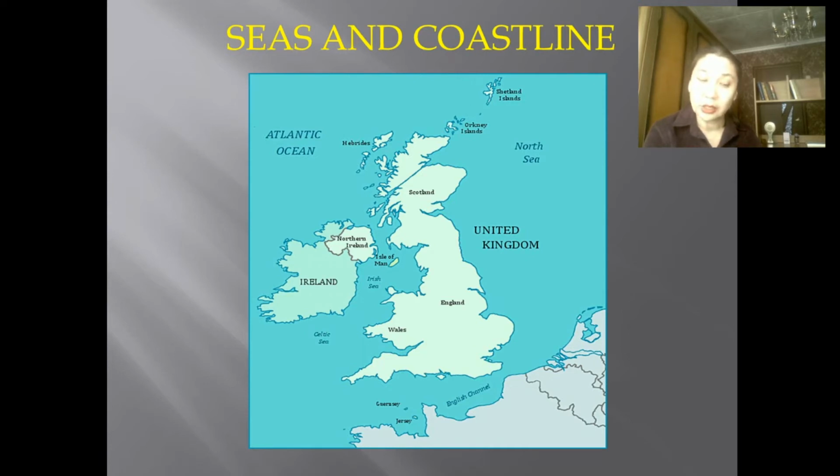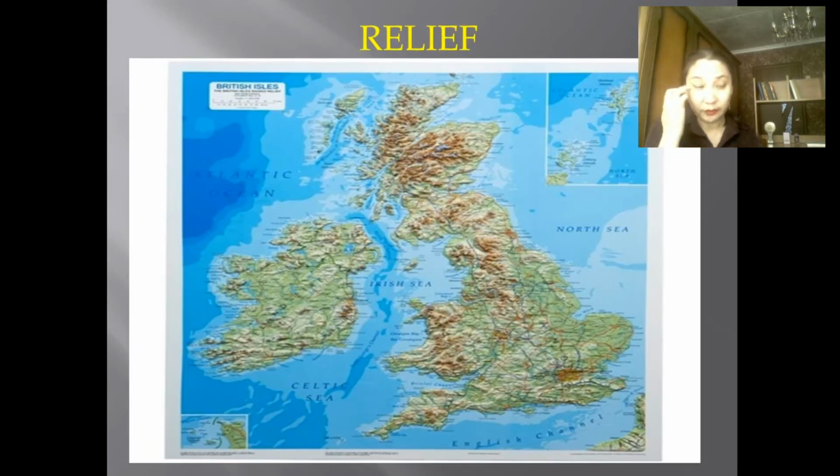The British Isles are known for their greatly indented coastline. There are plenty of bays and harbors, peninsulas and capes on the coast. So let's come up to the relief. Britain has a great diversity of physical characteristics, from generally high relief of western and northern areas to the lowlands of the south and east, and can be divided into 8 main land regions, 7 of which occupy the island